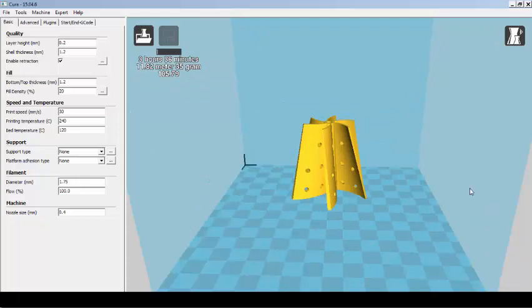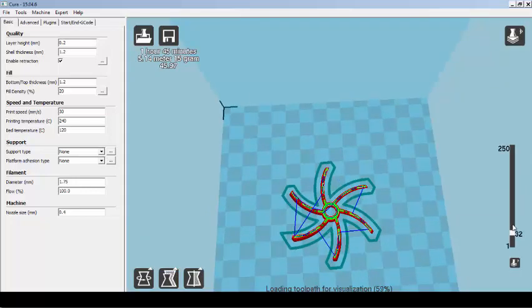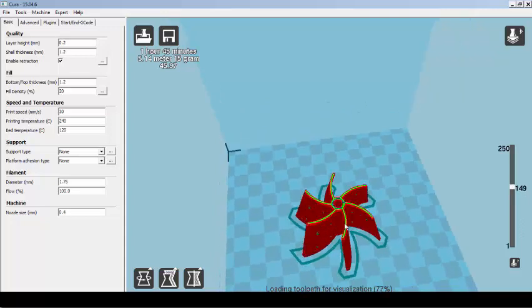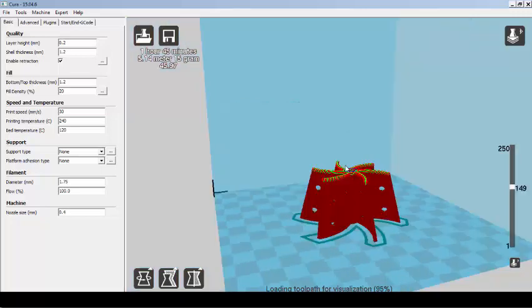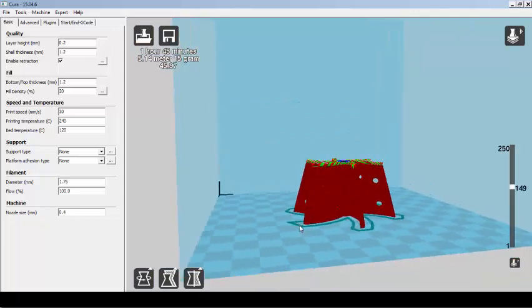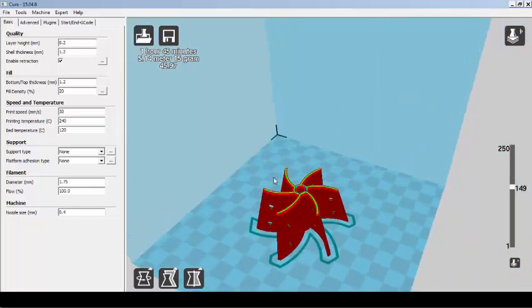You can see this is like a fan blade, or you can say it is an impeller. And if we want to do the layers, it will take some time for doing the computations. So all the layers are built. If we are going to the bottommost portion, you can see only this area the material needs to be added. And if we are moving upwards, you can see the layers where exactly the material has to be added. In all the other portions, there is no need for any addition of material. So this is dividing the CAD model into individual layers.